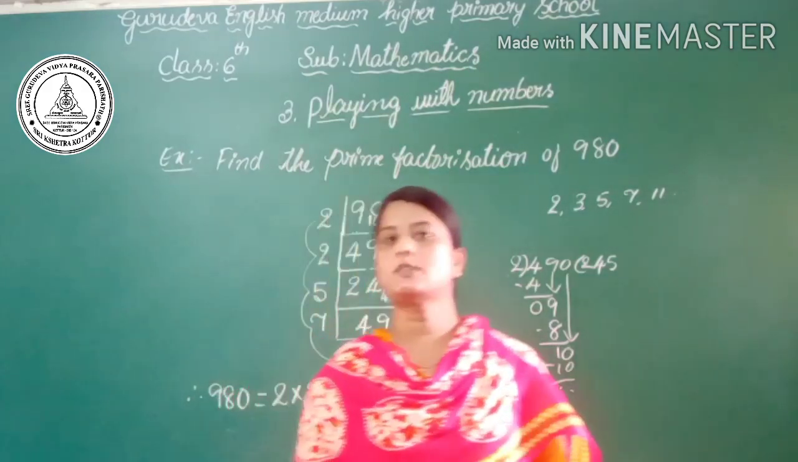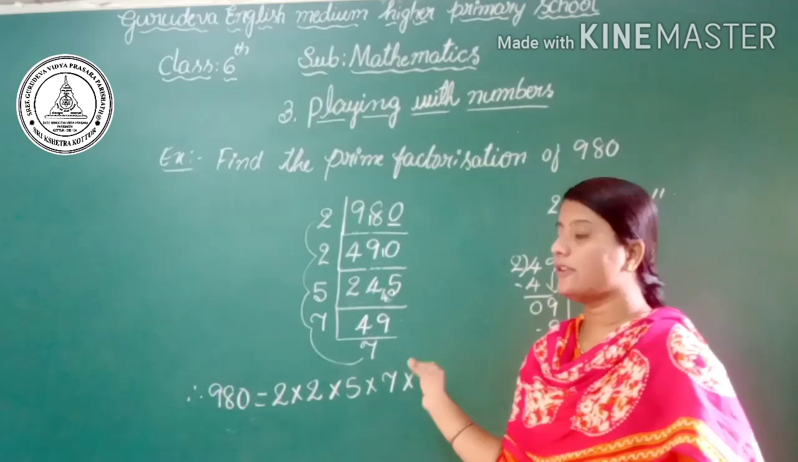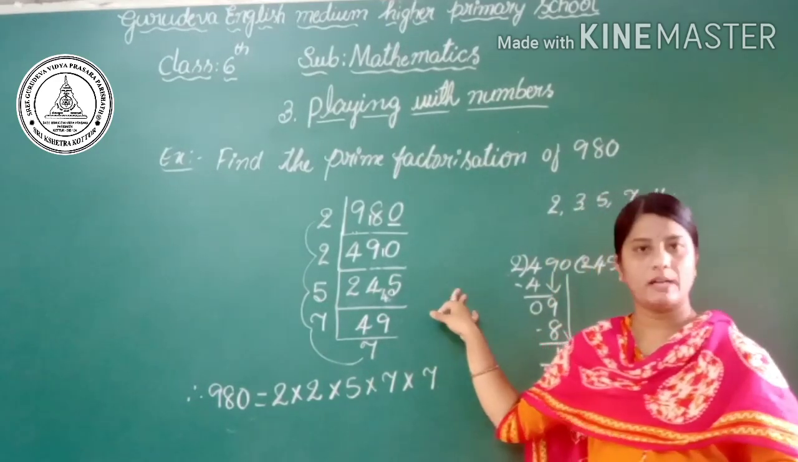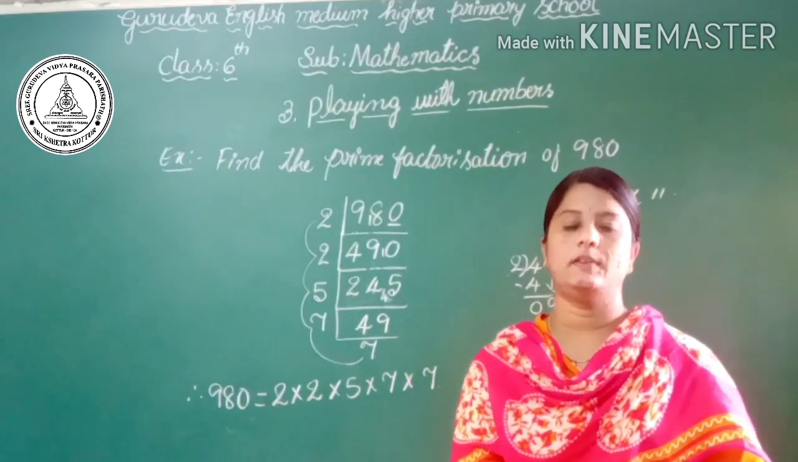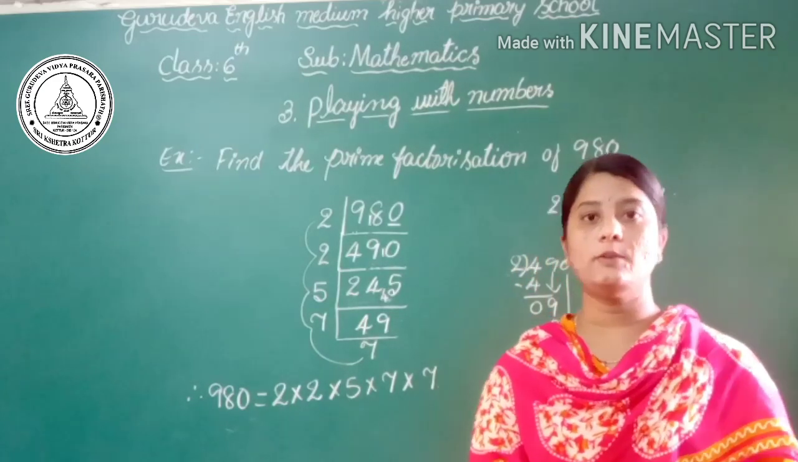In this class we have learned some more divisibility rules and also prime factorization and the factor tree method, then how to find the prime factorization of a given number. In the next class we are going to solve exercise 3.5 based on the